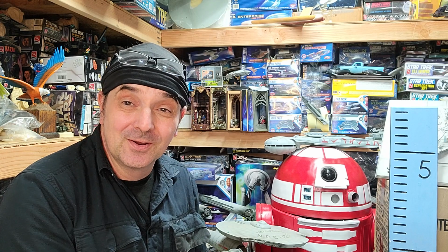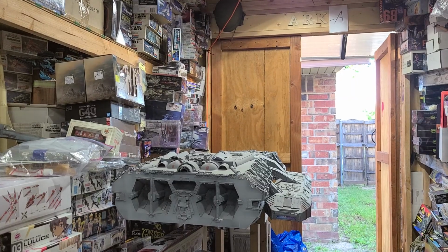Ladies and gentlemen, a shed update, but a tad bit different. We're not going to go through kits that I recently purchased and are still going through. We're going to talk about a little bit of built-up model kits. And the last video you should have seen, I'm going to flip it around here. It's the Galactica